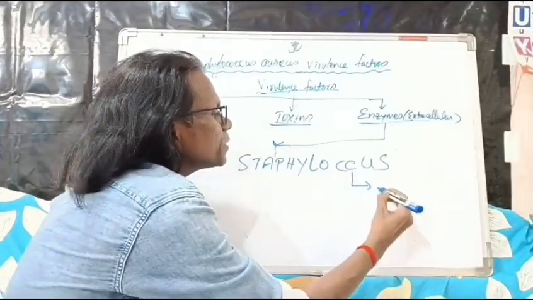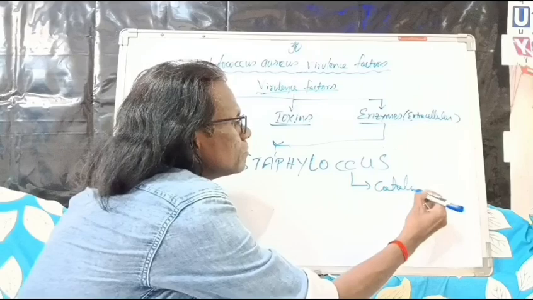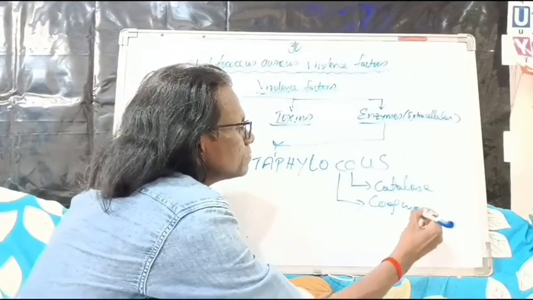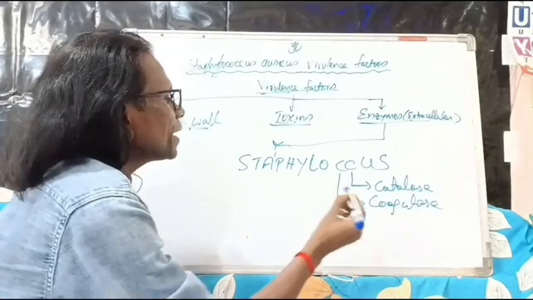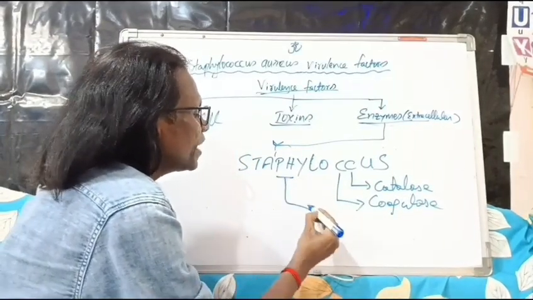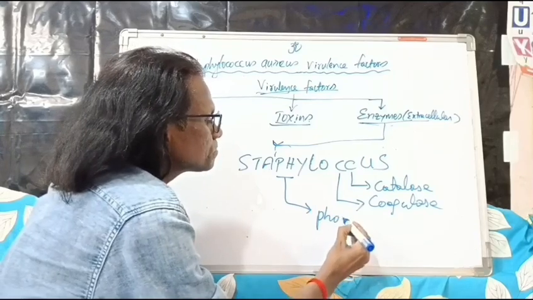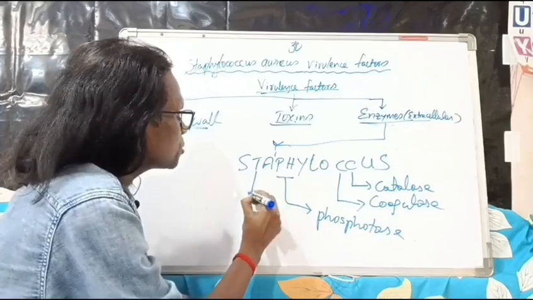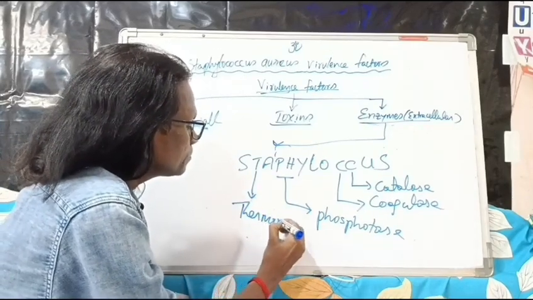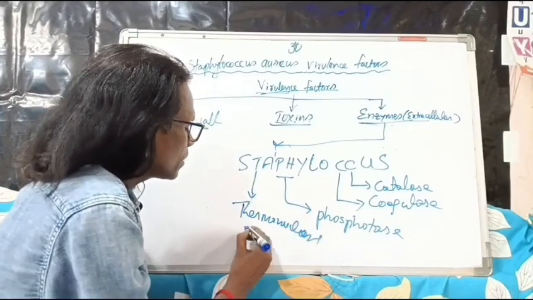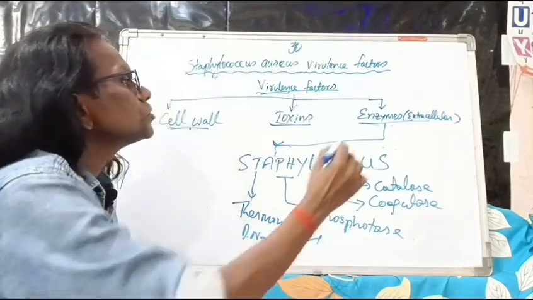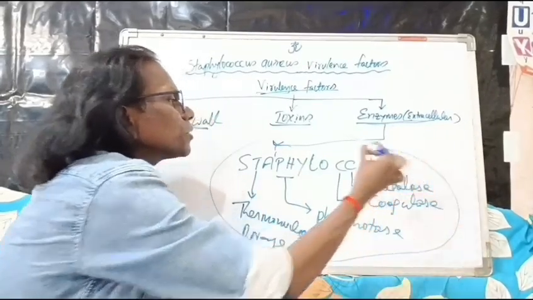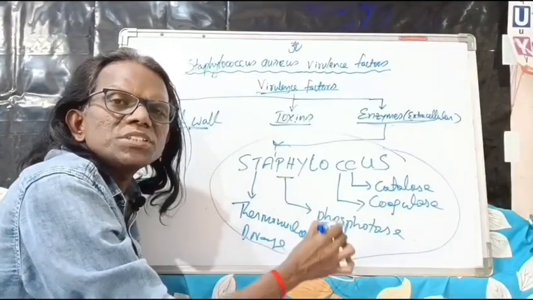Here C stands for catalase, and another C stands for coagulase, and here PH stands for phosphatase, and T stands for thermonuclease, and DNase. So these are the extracellular enzymes which are present in the Staphylococcus aureus, which help in producing the